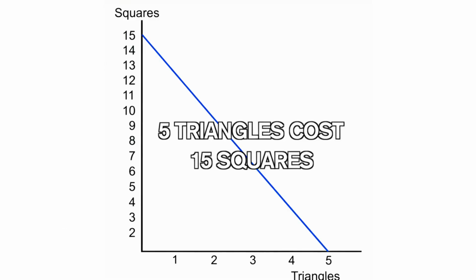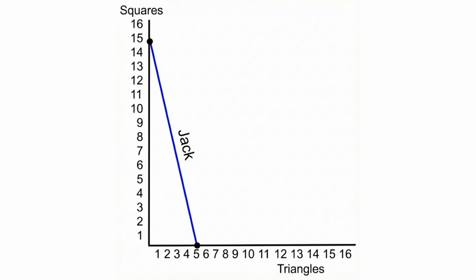Let's go back to the example from the previous video. In 10 seconds, I can draw 15 squares using my right hand, or 5 triangles using my left hand. Now imagine these aren't just doodles, they're actual goods that society needs. And let's say I'm the only producer in the world. That means these numbers, 15 squares or 5 triangles, represent the full limit of what we can produce with our current resources. Next, we'll see what happens when there's more than one producer.